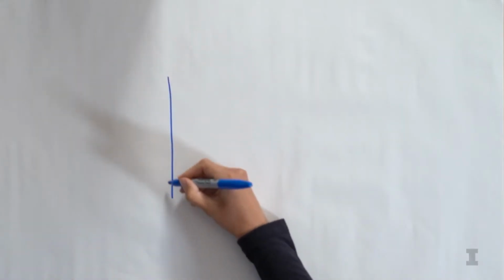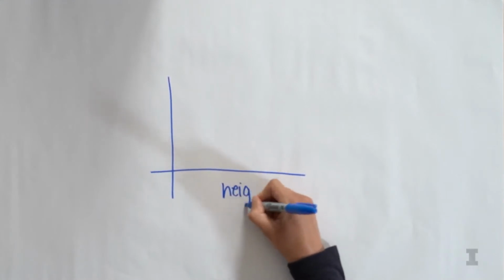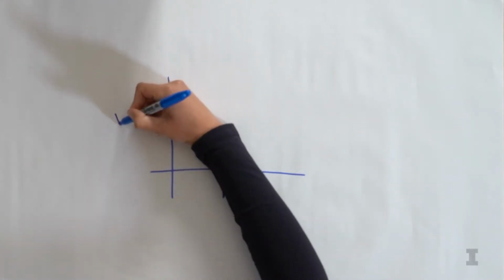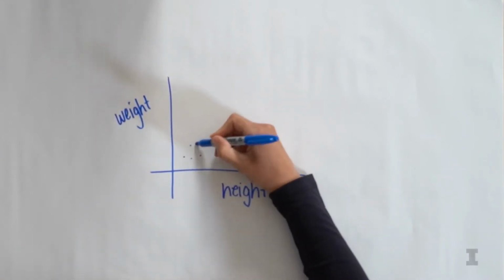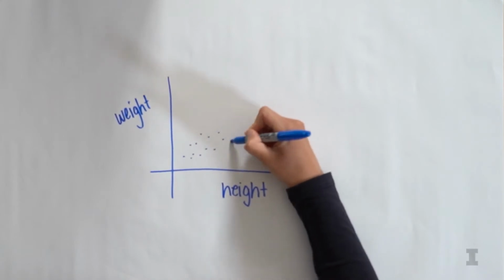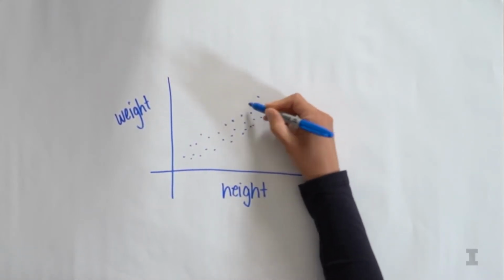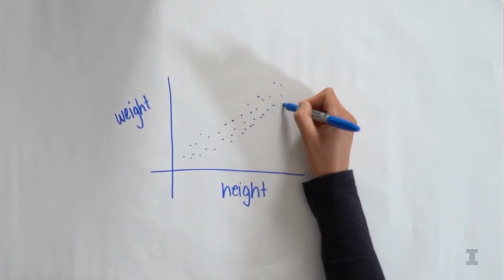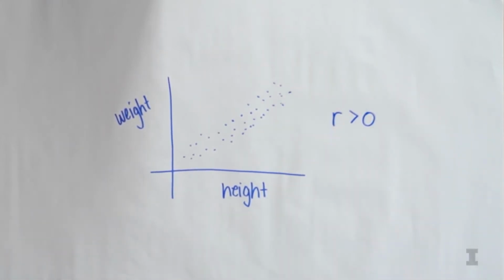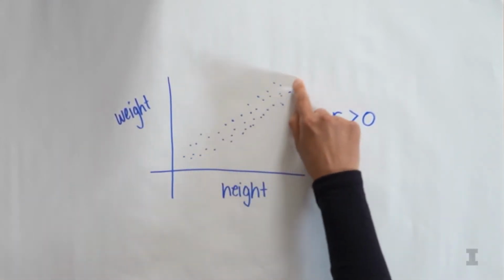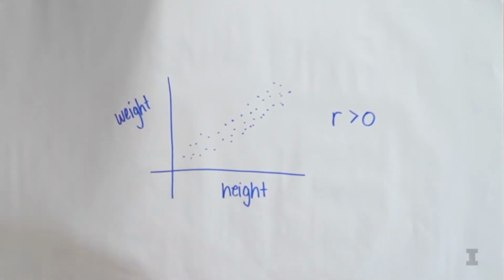And I'm going to stick with this height and weight example. So let's say that we have a data set that contains heights and weights, and that we make a nice scatter plot of all of the people in that data set. And so this scatter plot tends to have a positive correlation. We would say here that the correlation coefficient is greater than 0 in this case because our points are sloping up and to the right. As our height increases, our weight increases. There is a relationship between these two variables.